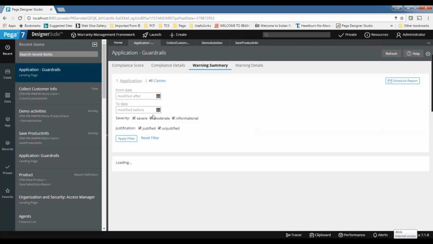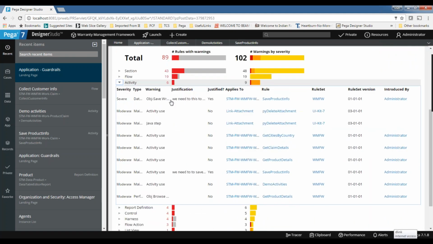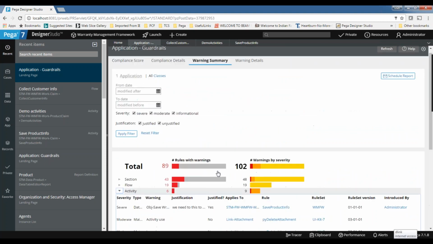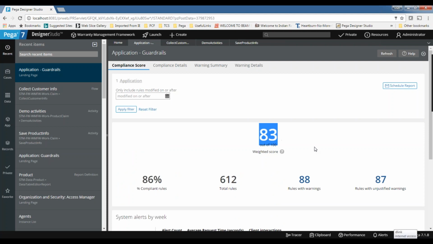Now if you refresh it here, the justifications we are adding right now will come here also. Like that you can use all the justifications. Then if you go to the compliance score now, earlier it was 80, now you can see 83, it increased by 3%. Then you need to fix the rest. The first time you come here, the score is 80 only. Now it is 83, here it is 85, now it is 86. This score is percentage wise.